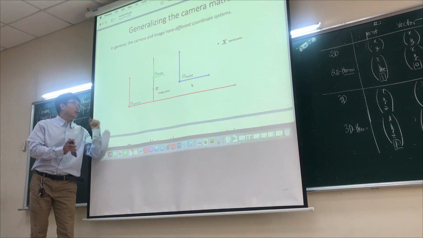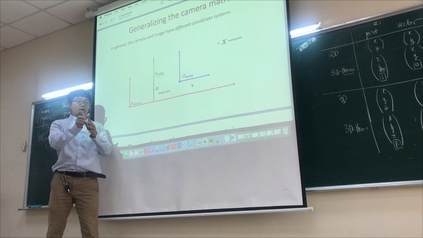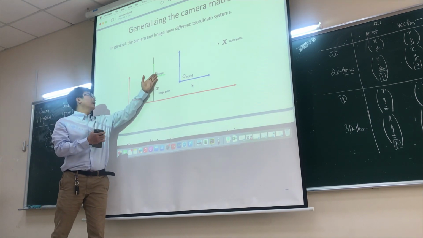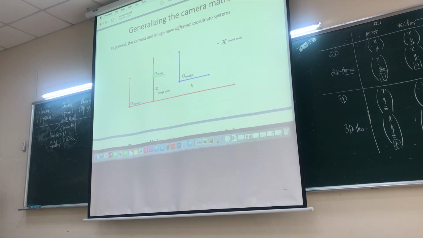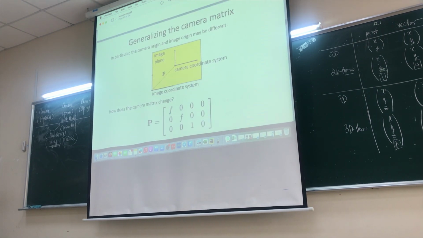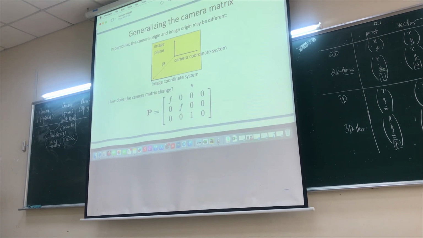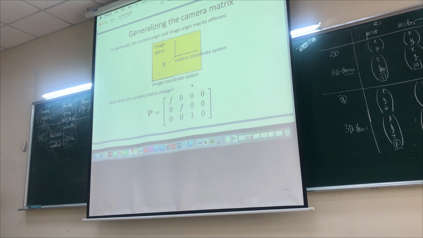The image is what the camera sees. And the camera also has an image plane. Inside that image plane is the 2D picture. Okay? That is it. So you can see that in that image plane,